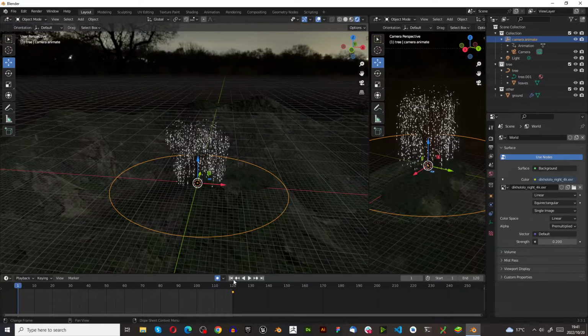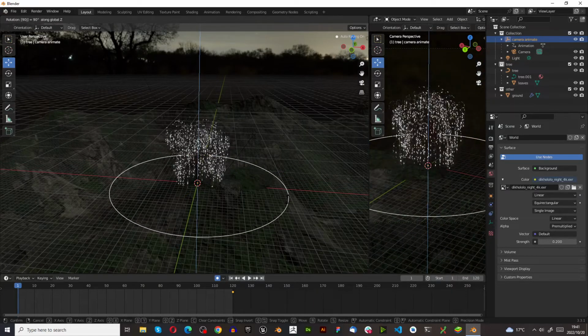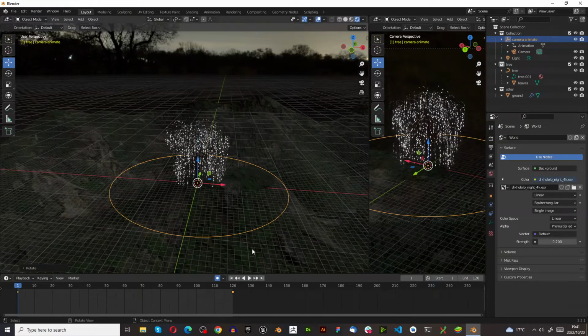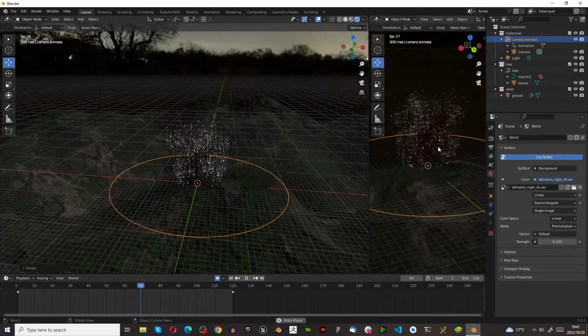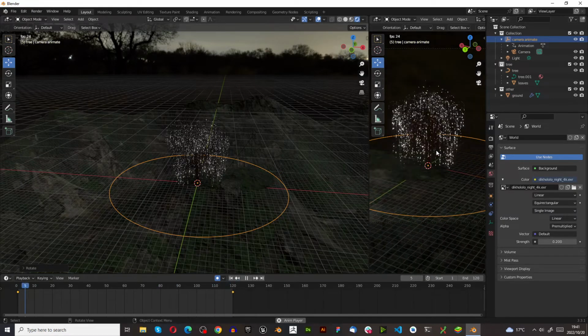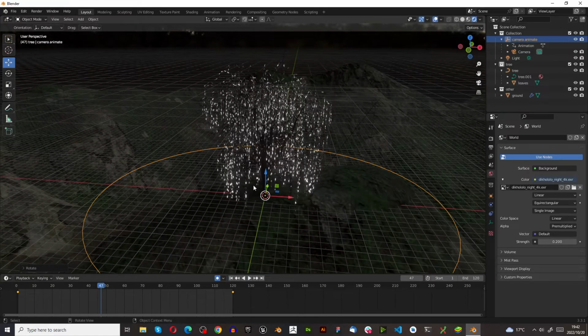So now when I go to the beginning, I press play. Of course, it didn't key the beginning. So when I go back to the beginning, there we go. And I press rotate Z 90, click. Now it's going to rotate like that with holographic leaves. Pretty dope. And last thing we can decide upon is, let's just clean this viewport up,